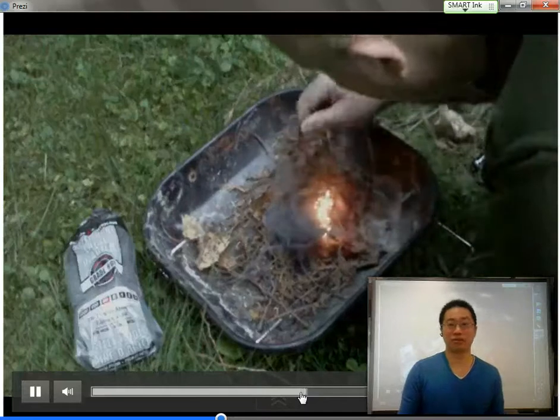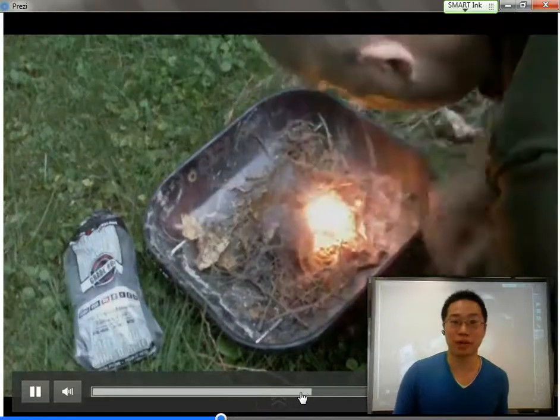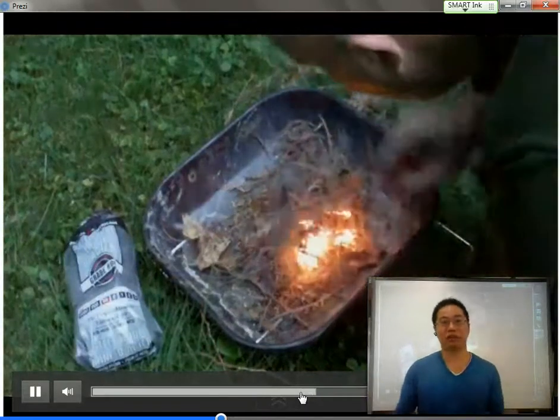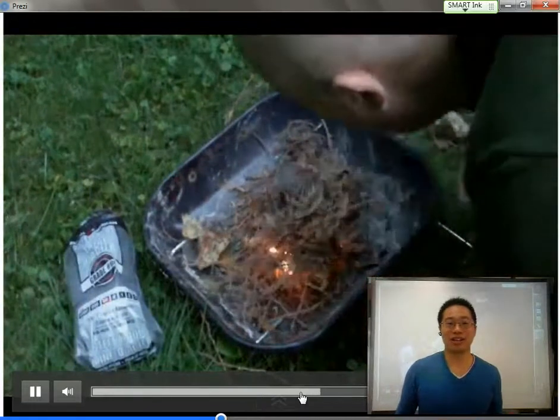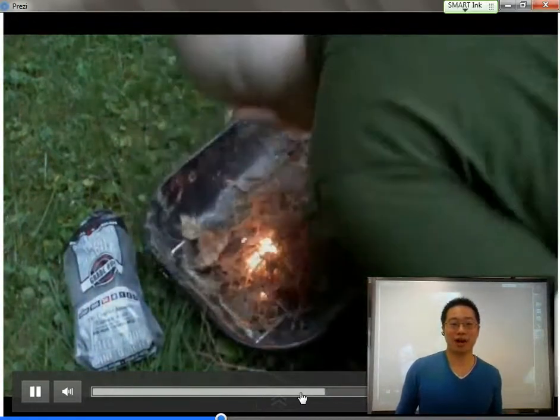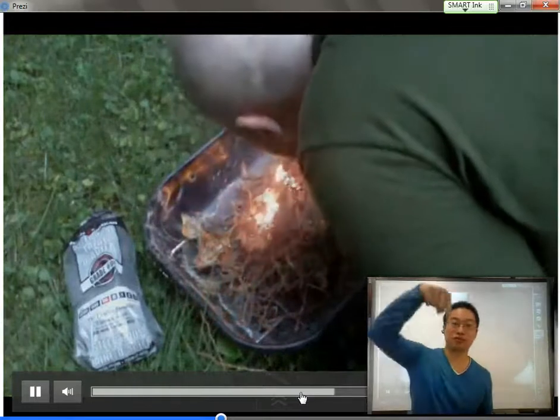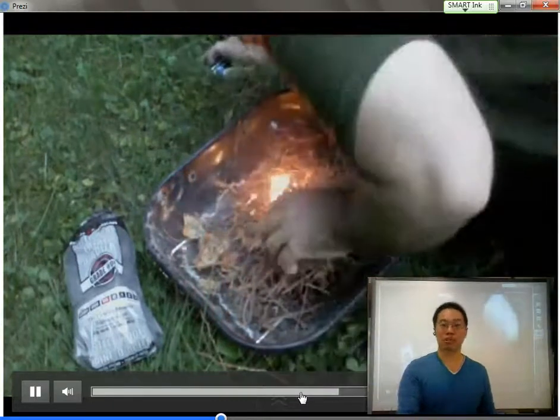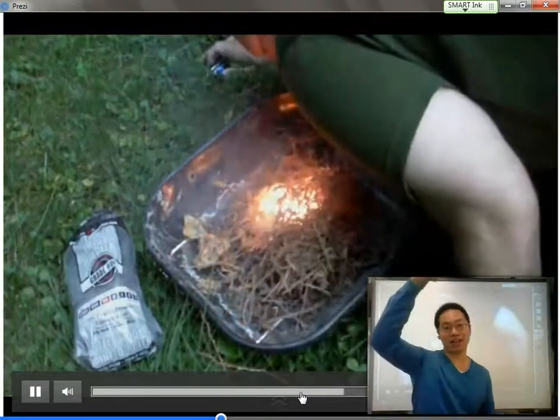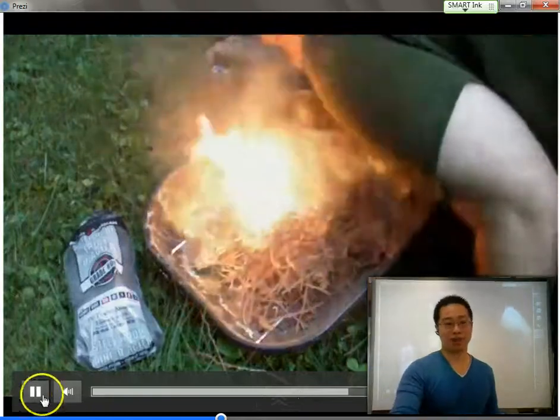And he actually manages to start a fire with that 9-volt battery. But how is he able to do that? Well, keep in mind that when the wire touches from one terminal to the next, the resistance is very low, which means that the current is amazingly high. It's so high, in fact,